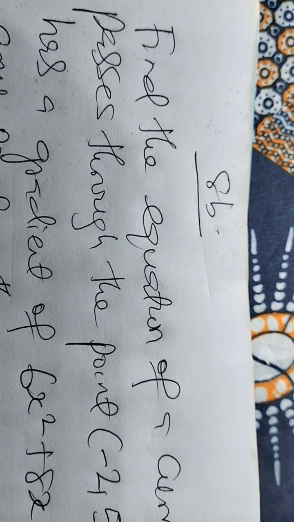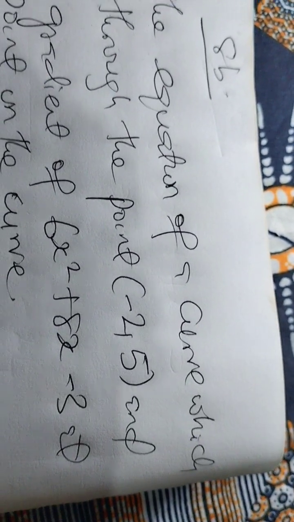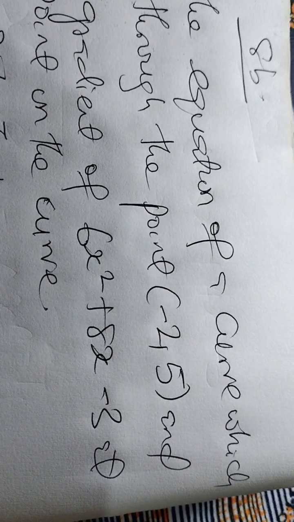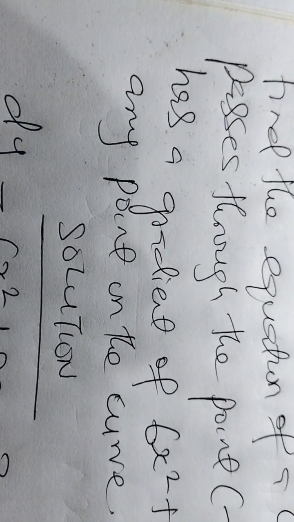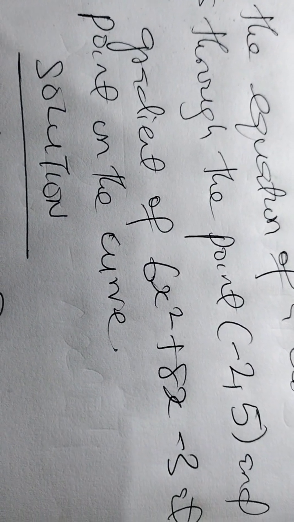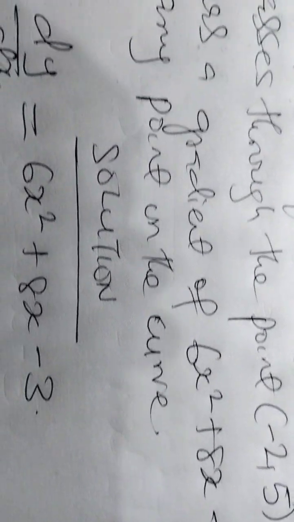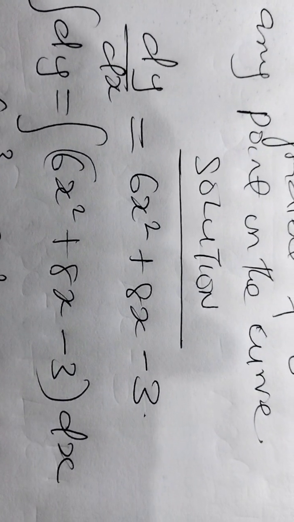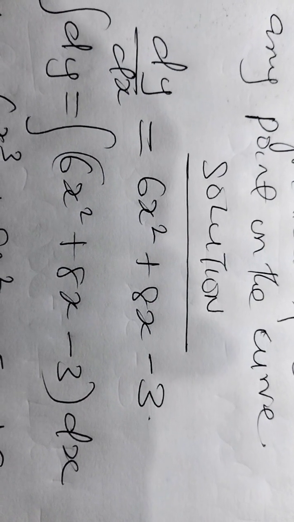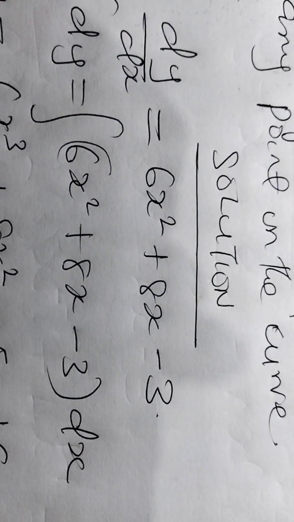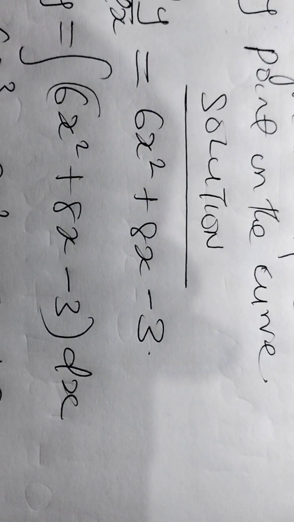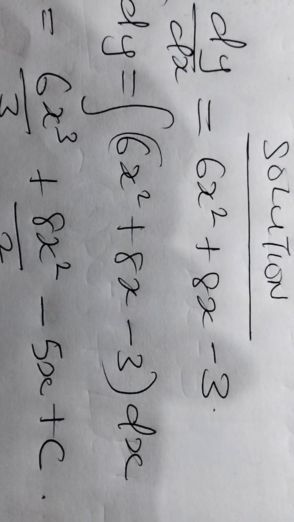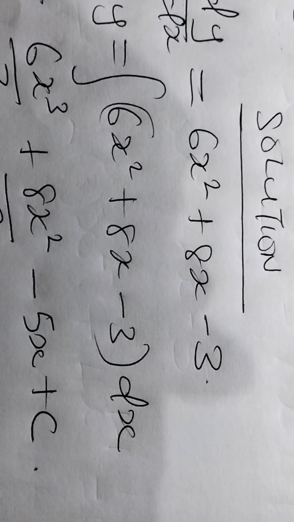Go to question 8b that says, find the equation of a curve which passes through the point (-2, 5), coordinate -2 and 5, and has a gradient of 6x squared plus 8x minus 3 at any point on the curve. Solution: dy/dx, that is the slope of the curve, is 6x squared plus 8x minus 3. We integrate the slope. So integral of dy equals the integral of 6x squared plus 8x minus 3,